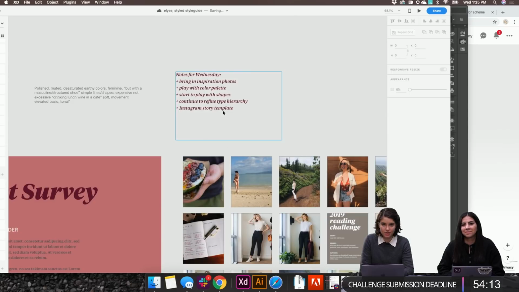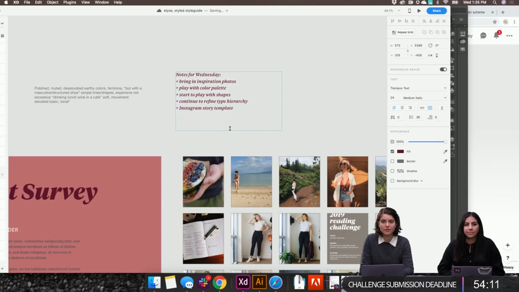So I think what I want to do now is jump to another, here are my notes for things I want to do today. I've done some of these. Bring in inspiration photos. Check. Play with color palette. Not quite yet, but start to play with shapes.